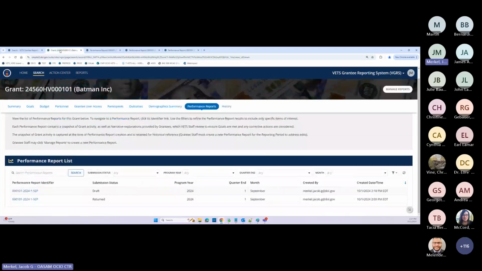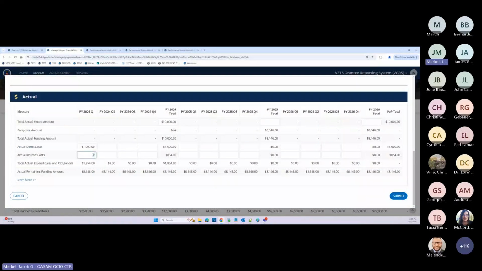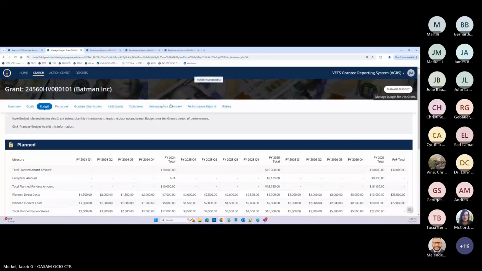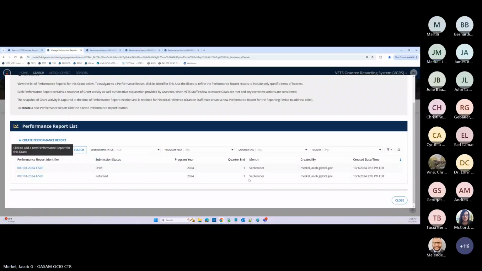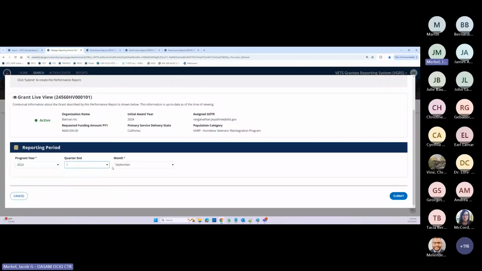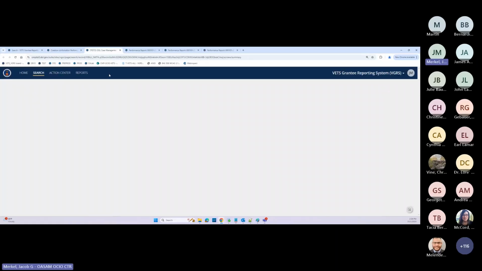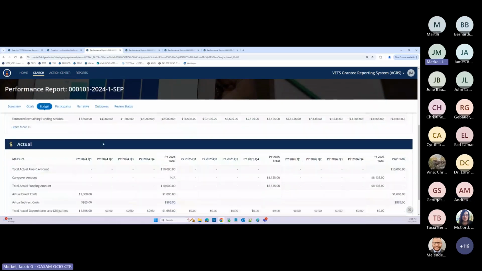865, we can go back to our grant, update the budget, and say 865, submit it, and then we can go into reports and create another report. Exactly. Yep, for the same quarter here. We submit, and then we'll go ahead and open that up, and you can see that it has now captured the new budget,